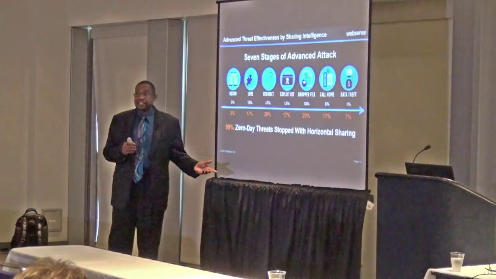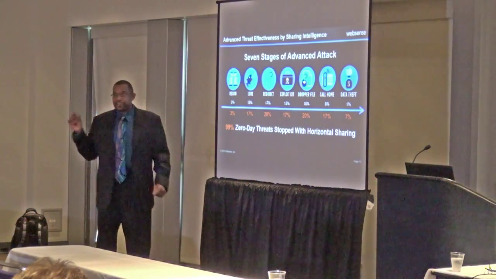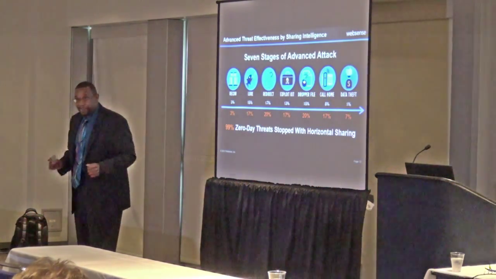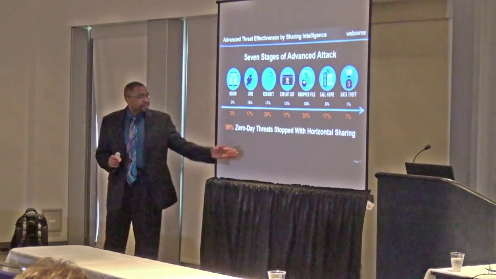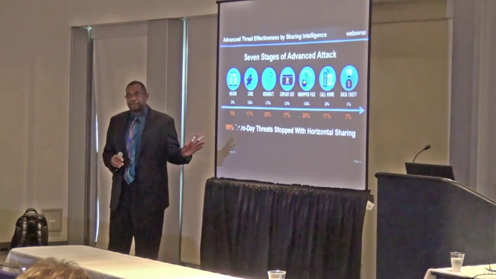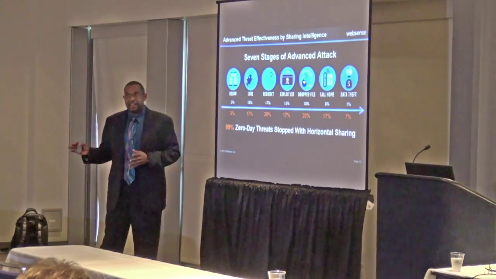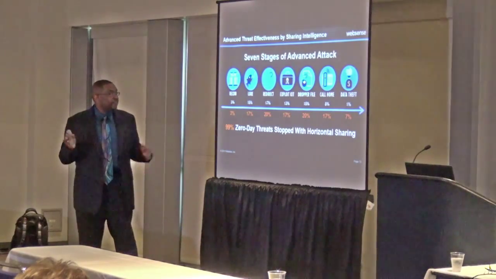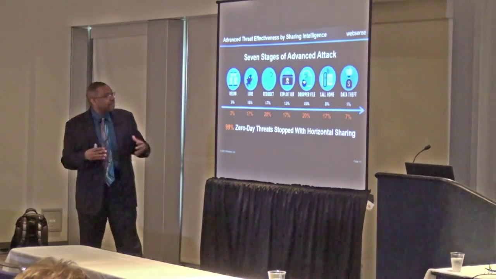Lure, if it understands it's a lure, it's a bad URL, a URL that was good on Friday and turned bad on Monday. Well, if you catch it, you can block 17% of those exploits just like that and be done with it. Where if you don't have that horizontal sharing, you're at 15%. So, you know, it's getting better.